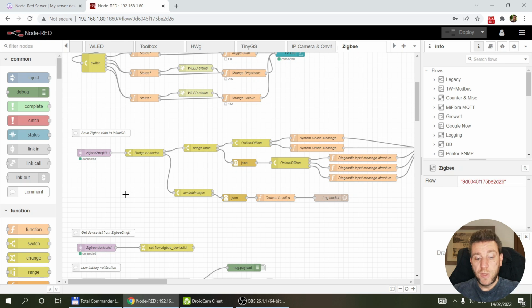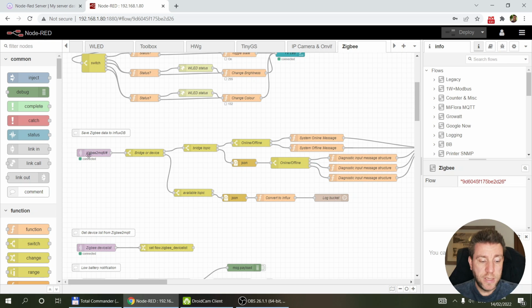This flow has been running for a couple of days. It's definitely not giving me false alarms about things being offline, so I'm pretty sure that even the quietest device will send one message a day at least. And of course, because everything gets saved in the InfluxDB database, maybe you can use it for other reporting purposes as well. So let me talk about the